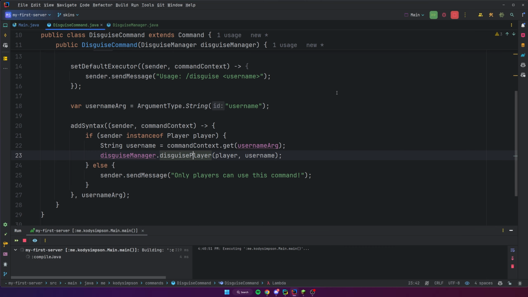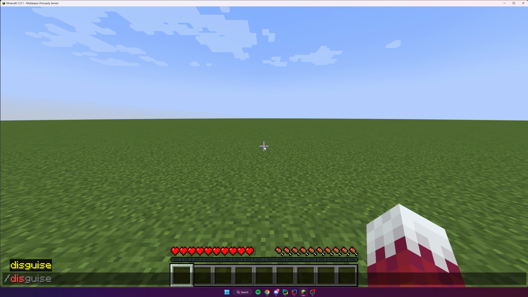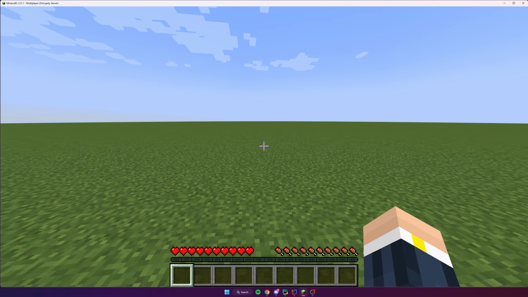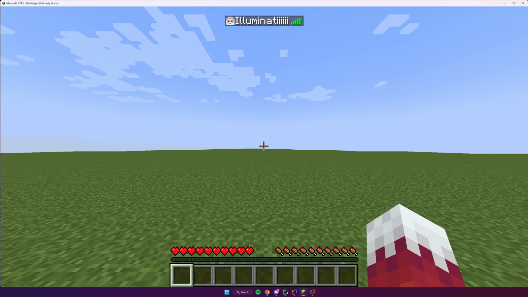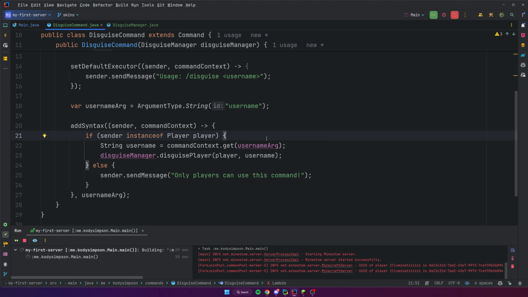Let's test it out. Only one way to find out if it works. Back on the server, so now I can do /disguise trump. And I am that person now, but if I rejoin, it still does not give me my disguise back because we have not implemented that part. So we know they're in that map when we run /disguise now, so we need to grab it when they